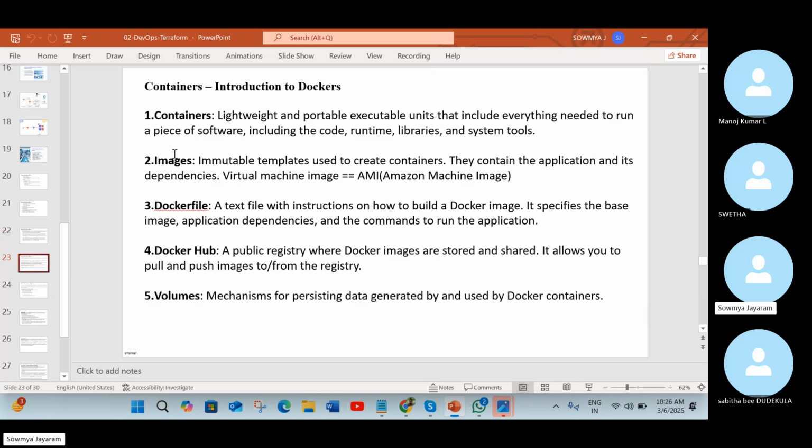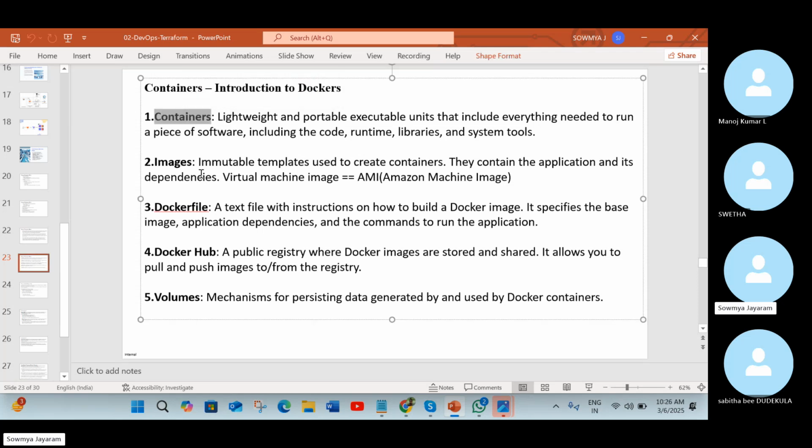We'll now talk about some important terminology and components. Containers are lightweight, portable, executable units. You can push a container to your Docker Hub and pull it whenever you want.